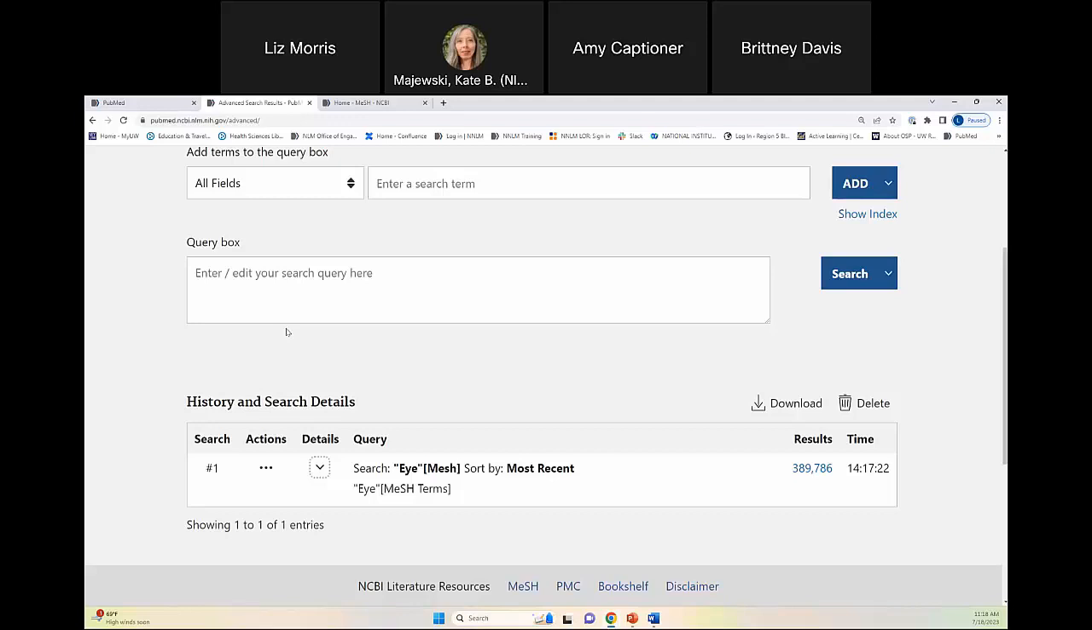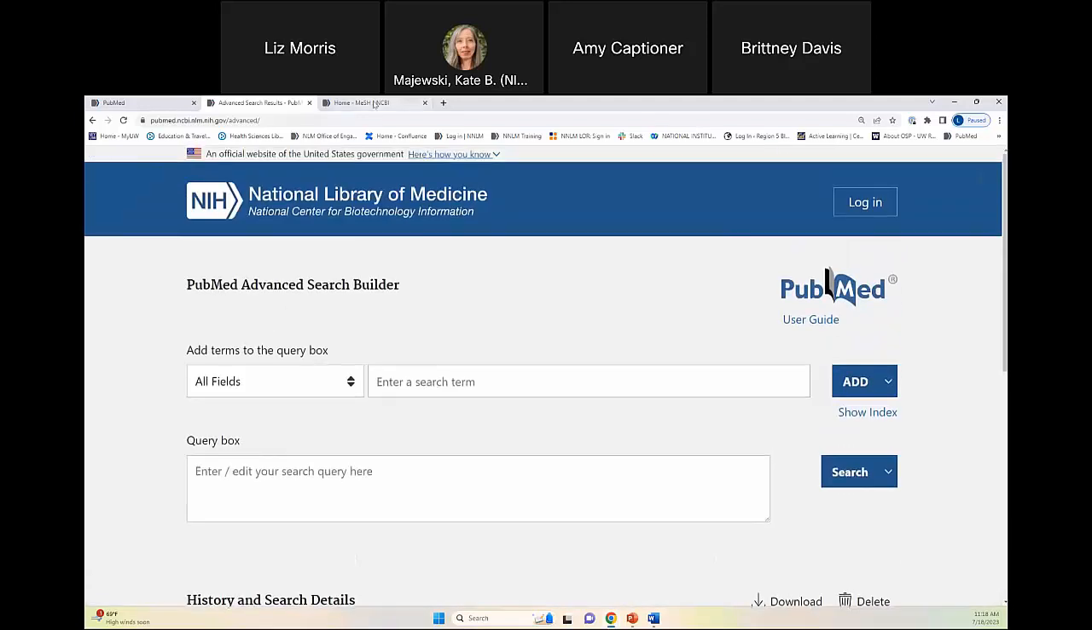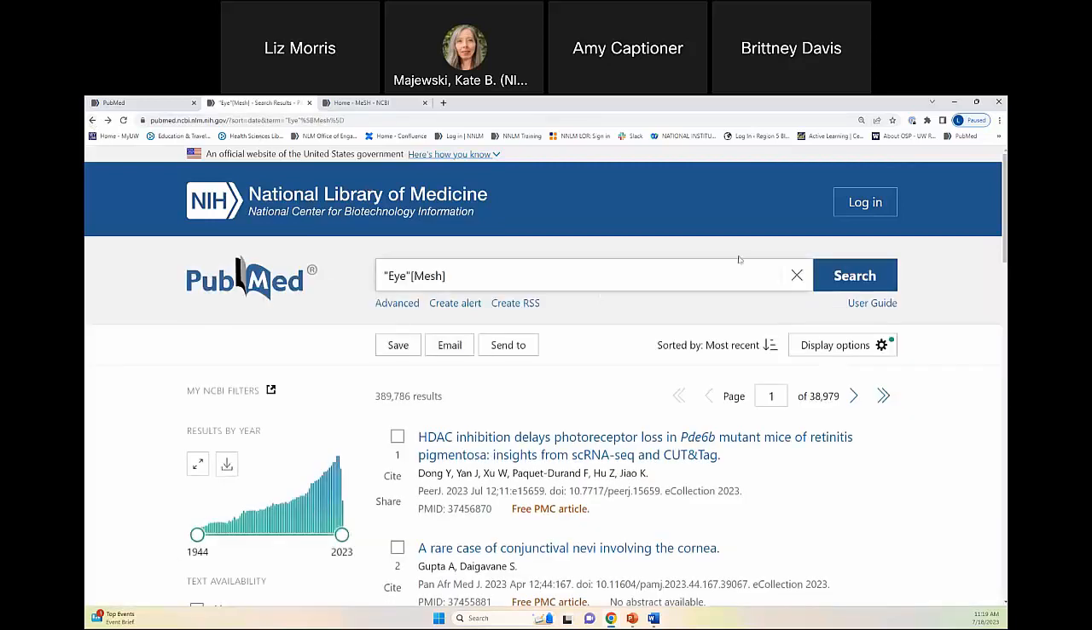Will your PubMed search details show all the narrower terms included in your search? No. These narrower terms are included in your search automatically, but you do not see them in your PubMed search details. So I'm going to pop back into these search results,